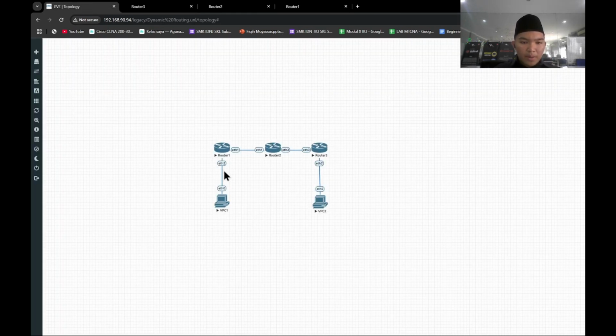Okay. First we're going to set the IP address in router 1. We're going to set the IP address for Ether 2 that connects to PC1 and Ether 1 that connects to router 2. Okay, first I'm going to set the IP address for Ether 2 that connects to PC1.